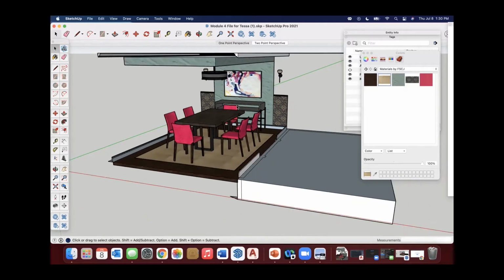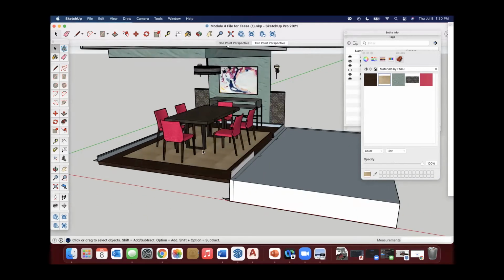In the previous video, we started applying all of these materials from the materials library that we created in SketchUp. We brought in these images, or textures really, and placed them in their locations. So we have the flooring, area rug, the textured wall, and the marble on the accent wall and ceiling.